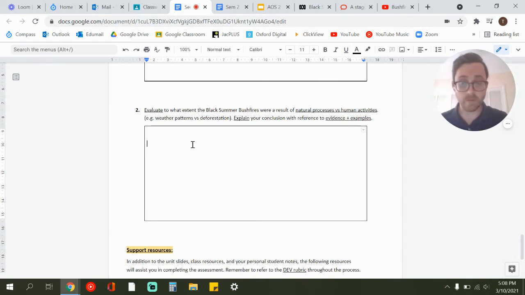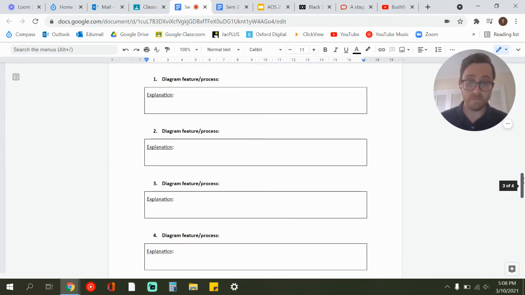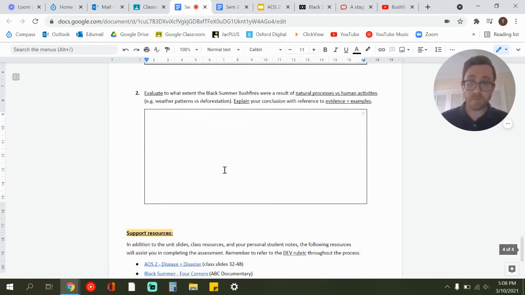So you could write a bunch of research about, we've cut down this many trees, we've used this much petrol, climate change has changed the temperature of the earth by this much. Or you might say natural processes, well, actually, these fires were this big, and all of those fires were caused by lightning, or were caused by the firestorms that we had in that diagram up here. Anyway, that's what you would include in that response there.